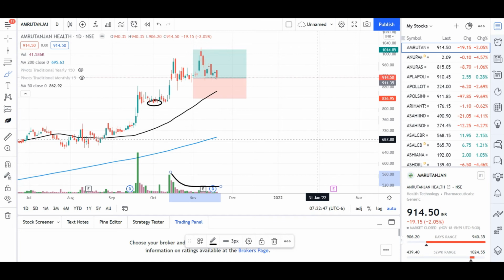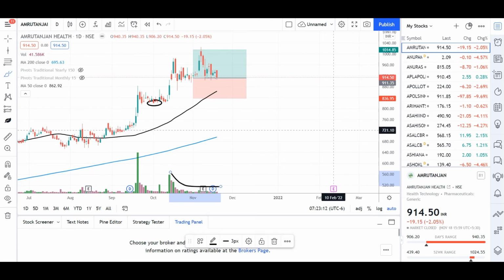The question is why you should look for a decline in volume. That is because after an up move, when you see a decline in volume, the number of sellers is getting reduced. That's why the volume is decreasing. Ultimately there are no sellers, so the stock can only move up. That's why the stock moves up when the volume is very low.